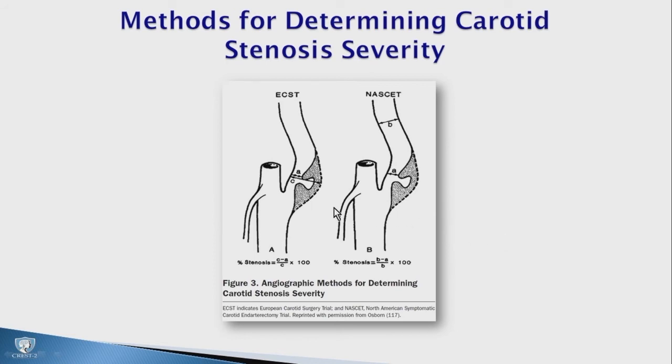And in the European approach, you take the inner diameter, the A diameter. That's the same for both ECST and NASCET. And that represents the point of greatest narrowing, or the smallest diameter you can get out of the plaque. And then the denominator is where the difference occurs. So the denominator in ECST is estimated based on the greatest diameter you can generate from one wall of the plaque to the presumptive